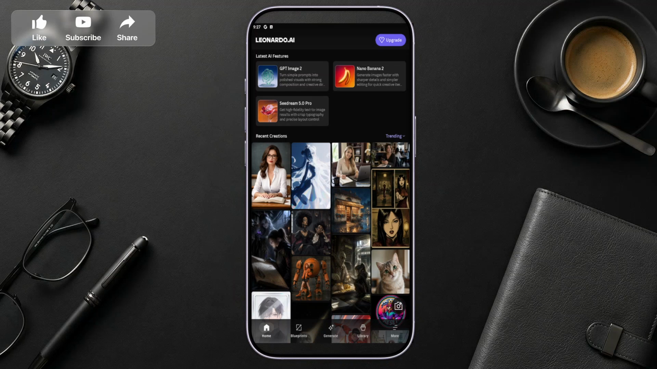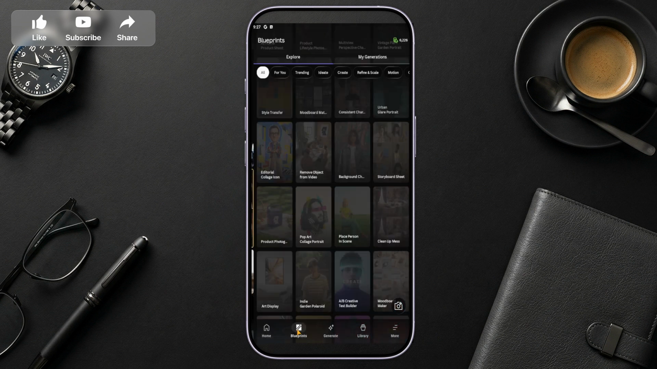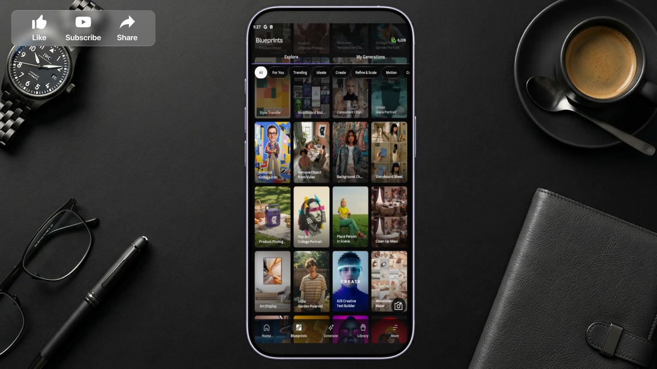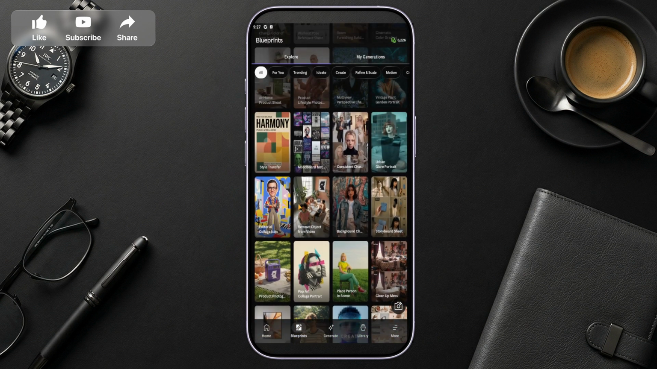In today's video, I'm going to teach you how to remove background in Leonardo AI Mobile. To get started, open the Leonardo AI app on your phone and make sure you're on the main interface. Once you're in, look for the Blueprints section and tap on it. This is where Leonardo AI organizes different creative tools and guided workflows, so it's the right place to find the